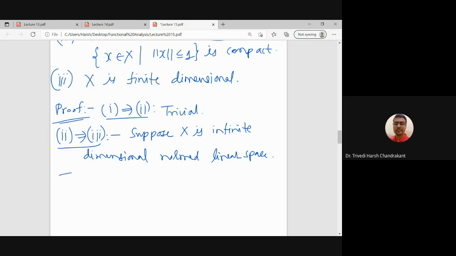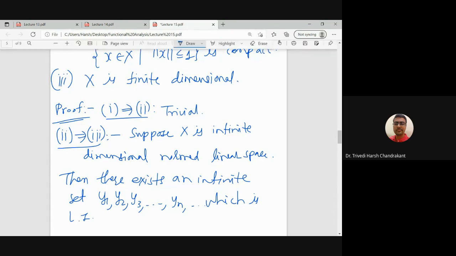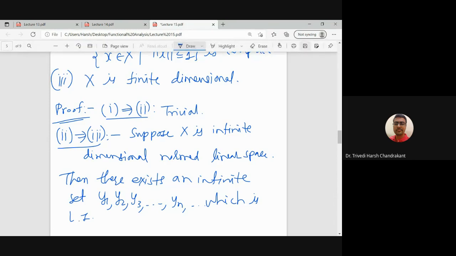So then there exists an infinite set y1, y2, y3, and so on, which is linearly independent. For example, when we discuss the set of all polynomials, we have discussed that it contains an infinite